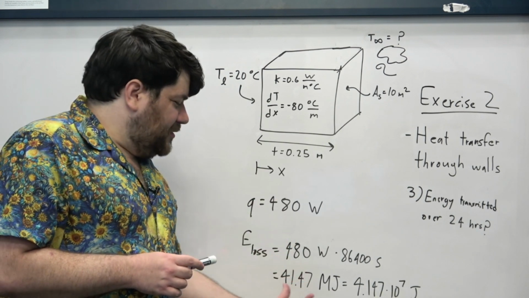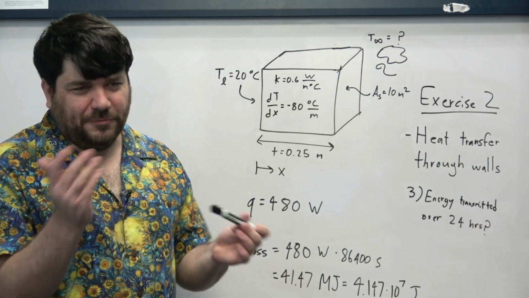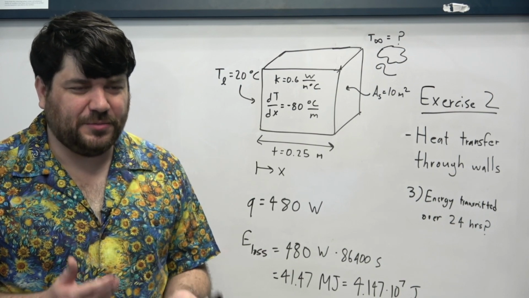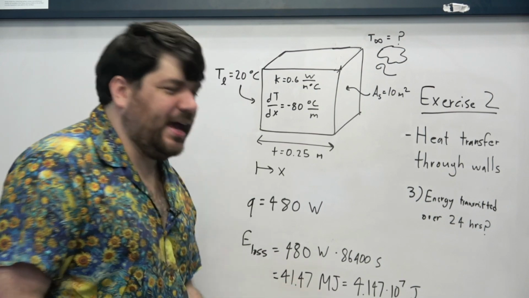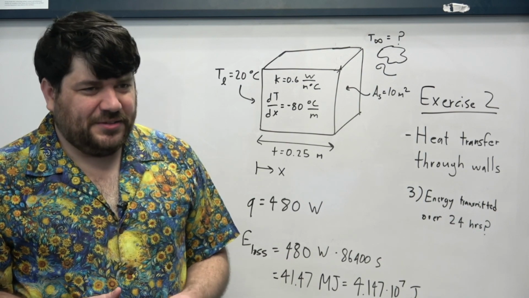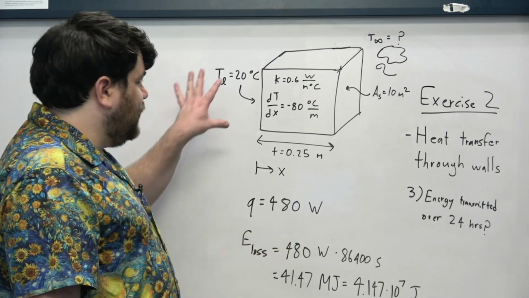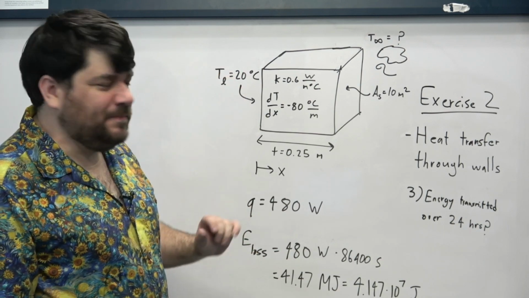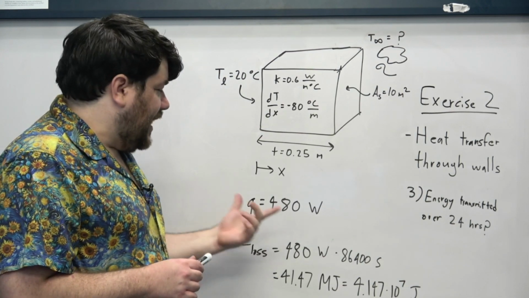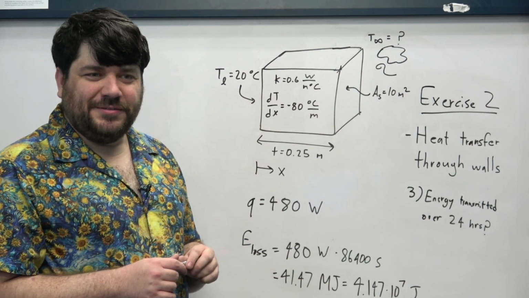Over time, the amount of energy that you lose seems to be like a large number. I mean, once again, we don't really have a good understanding of what large amounts of energy or small amounts of energy are, because we don't really have a context for what a megajoule is. Like, is that a large amount? Is it a small amount? But more importantly, what's happening is that there's a constant loss of energy from whatever's on the left-hand side of this wall that's happening as a result of the fact that there's this temperature imbalance and therefore a heat transfer